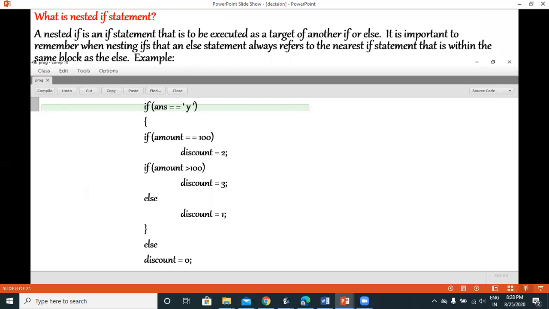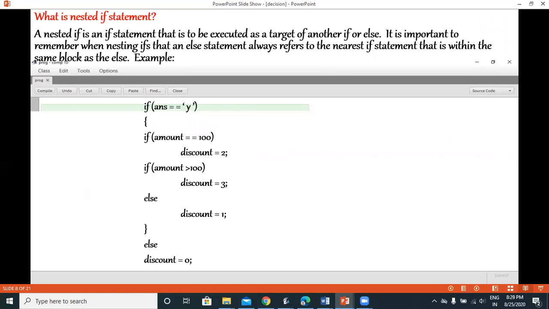Now you can see that in this example we have taken a condition: if the answer variable is equal to y, that is, it is true. In that case there are three checks: if amount equals 100, then the discount is true. If amount is greater than 100, then the discount is true, else the discount is calculated to be 1.